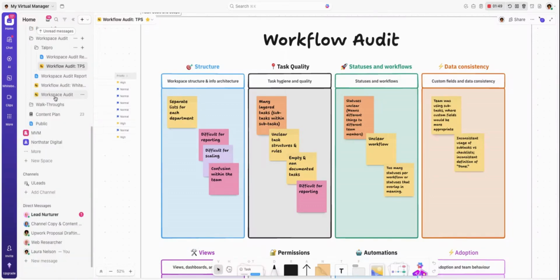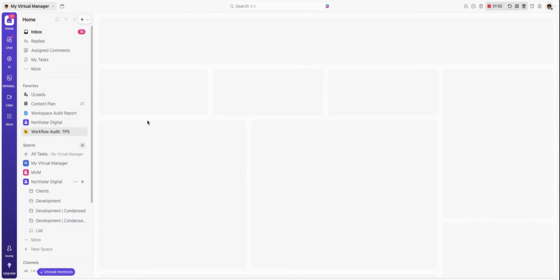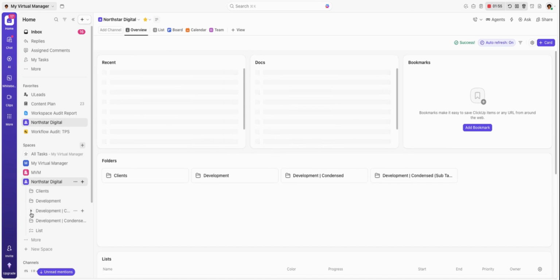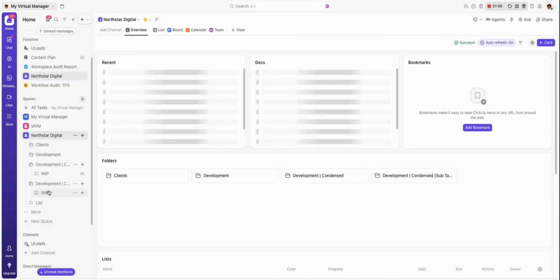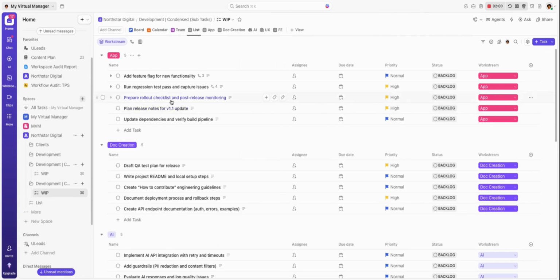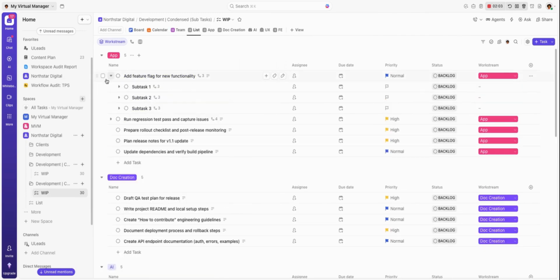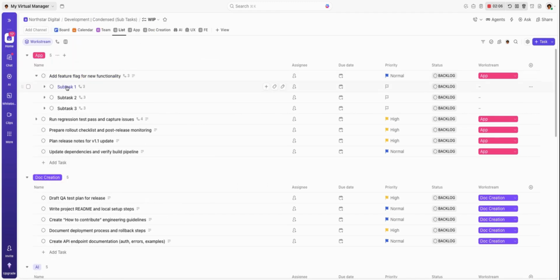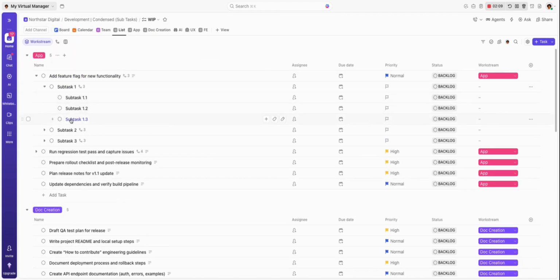So I'm going to go over to our demo space, and this is an example. So they had a parent task, and then they had a child task, and then they had another set of child tasks. Now, what we decided was that you would have a parent task, one child task, and then move anything below that into checklist items. So I'm going to copy these